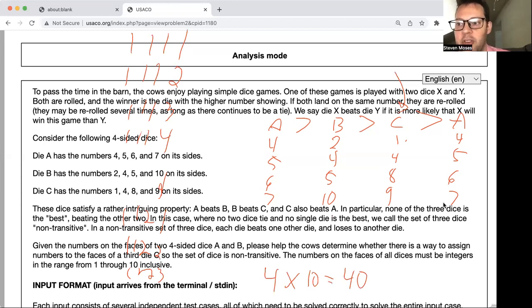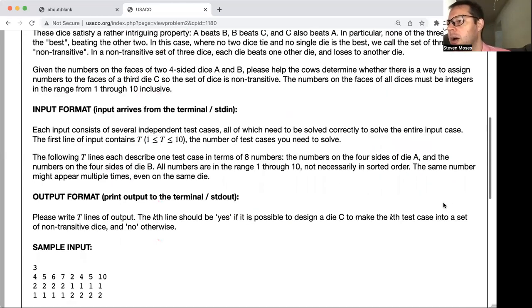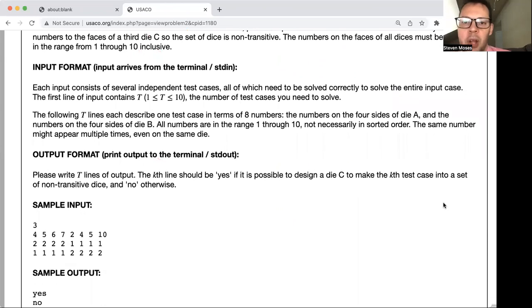If you have a way to generate all of the possible dice that can exist, then you can compare that die directly against A and directly against B, and look for a die that will create that transitive property, and just test all 40. Let's look at the input-output, and then I'll give you some tools to make that easier to do. Each input consists of several independent test cases, all of which need to be solved correctly to solve